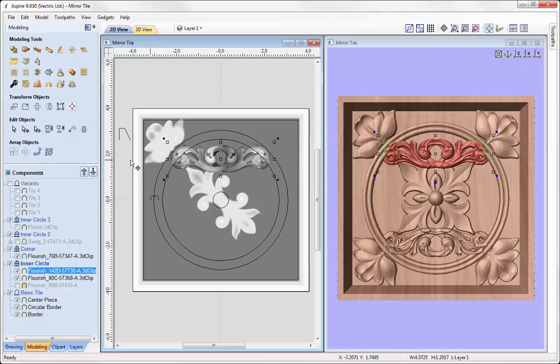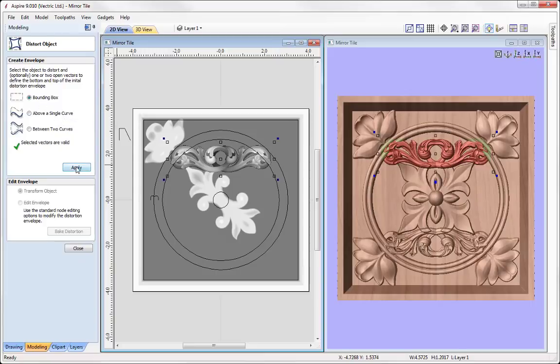You can see it's quite straight, it's quite horizontal. I just want to give it a little bit of roundness so that it sits nicely within the circle shape. So here we could look at distorting that component. So let's distort it. So I'm going to apply a bounding box around that component, and then just like in